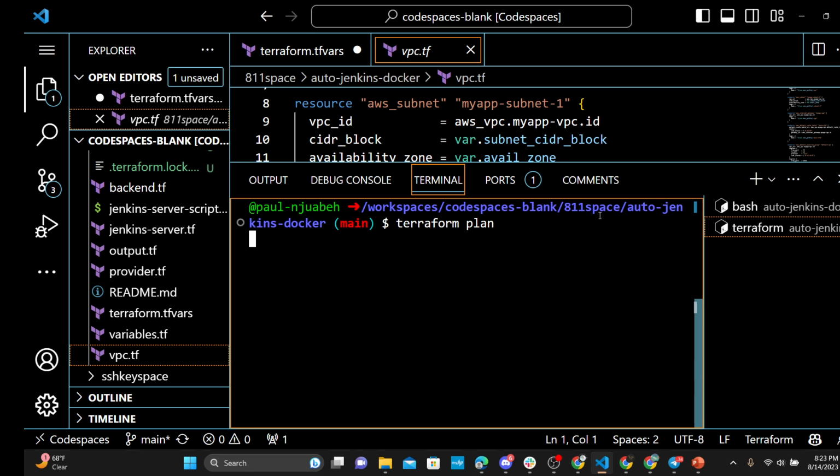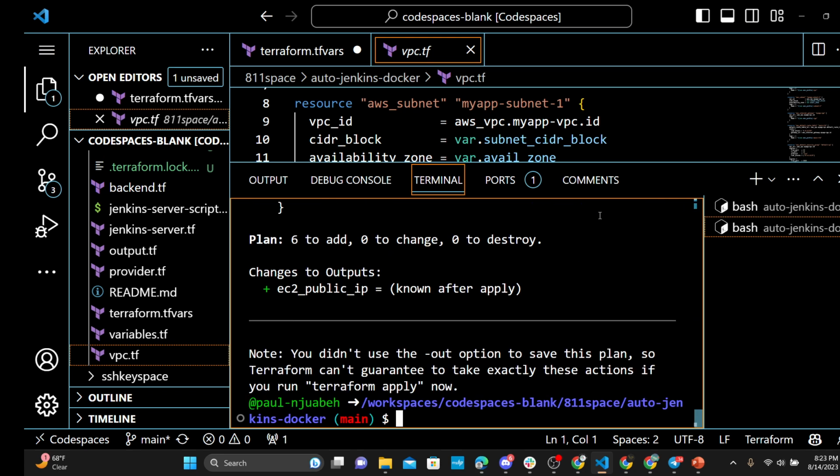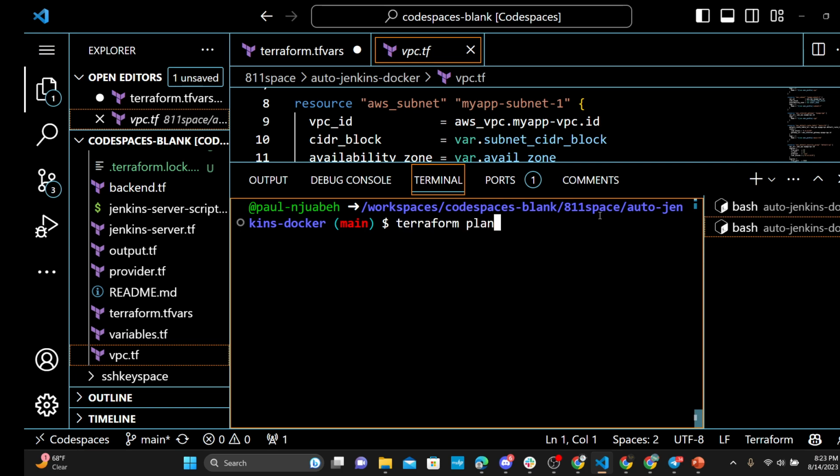Our Terraform plan. We want to see the number of resources that we're going to provision. Okay, our Terraform plan says we are going to be provisioning 6 resources. That's the VPC, including the instance. And so we will go ahead and do our Terraform apply